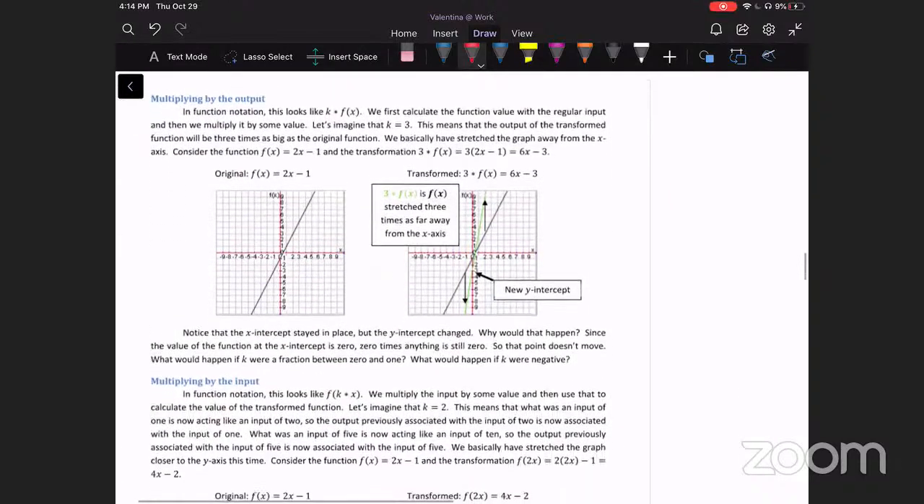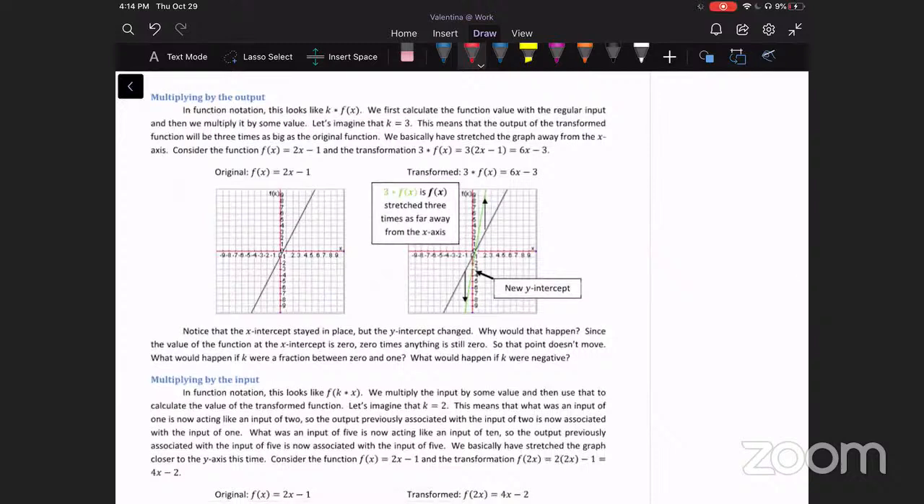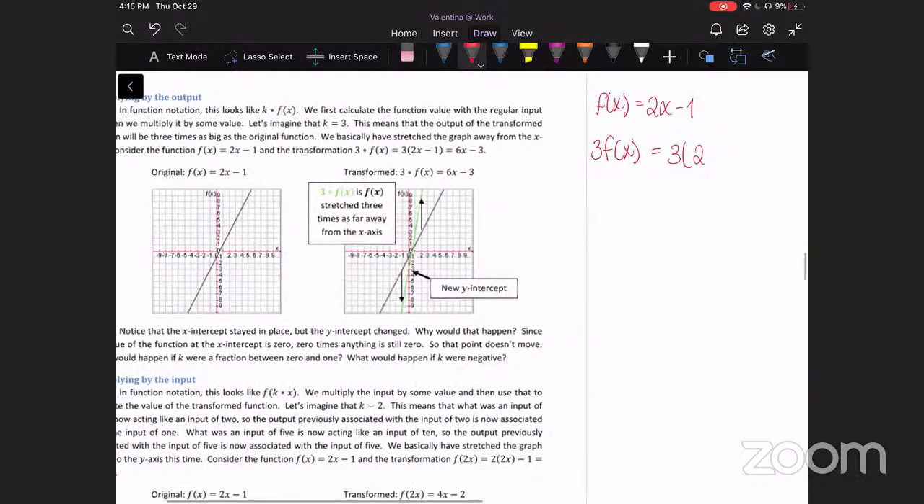Okay, so let's take a look now at multiplying the output and multiplying the input. We're still using our same function, f of x equals 2x minus 1. But now we're going to multiply our whole output by a number. What they chose was the number 3. So they want to figure out what 3 f of x would do to our function. So you would take all of the function and multiply it by 3, and you would get